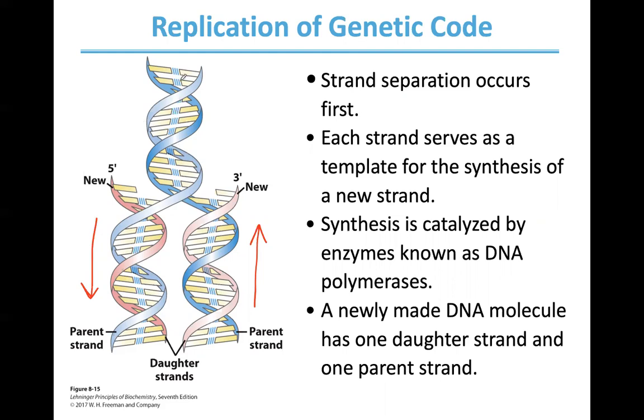Immediately you have one parent strand starting to separate and two daughter strands starting to be synthesized, and they immediately adopt this double helical conformation, right? Double helix parents and two double helices daughter strands. So very conservative, very straightforward process for DNA replication,